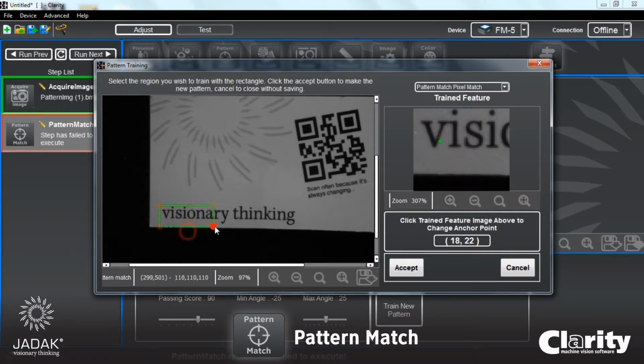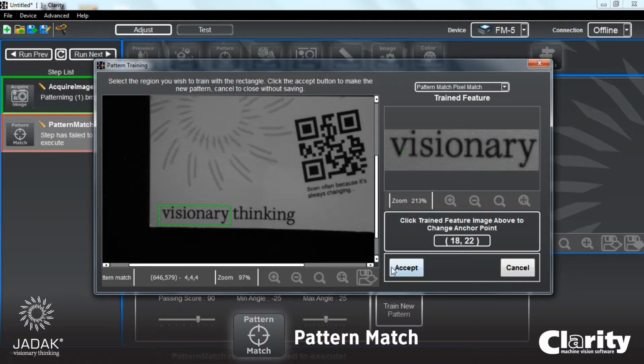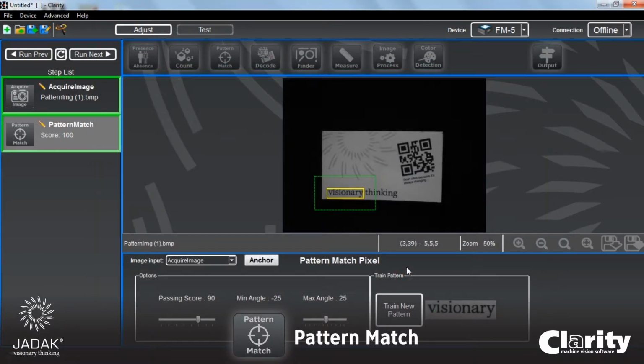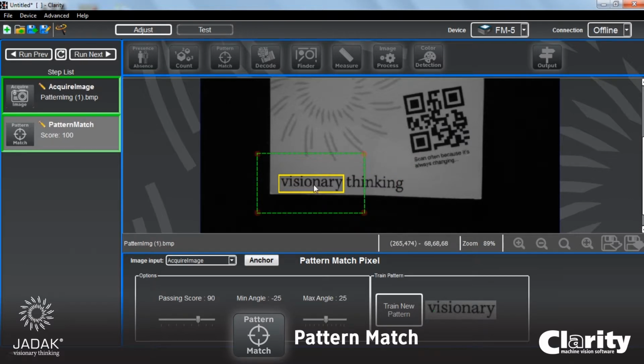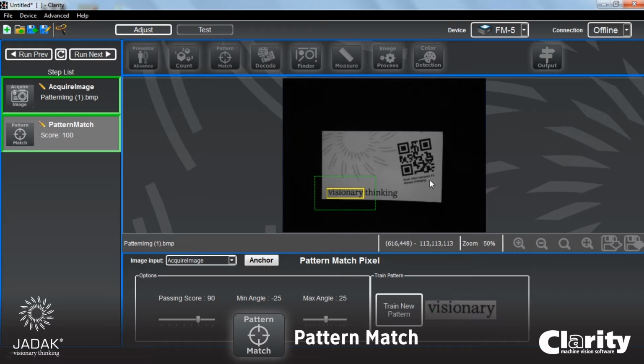I'll start by training it to Visionary and accepting that as our trained pattern. Down here you'll see that our pattern that we trained shows up and that it correctly finds it within the image we are searching, within this ROI, which is our region of interest. As we cycle through the images and run the next image,